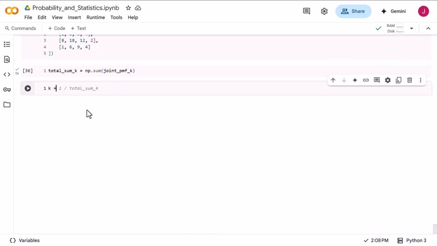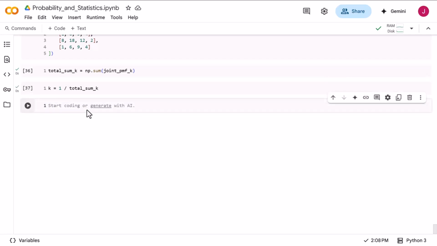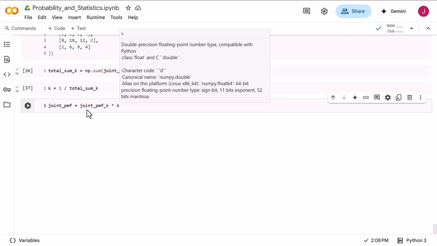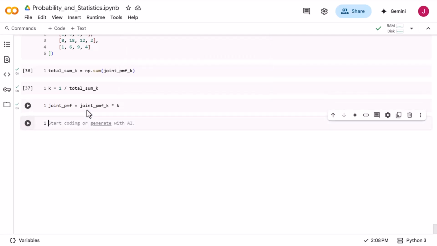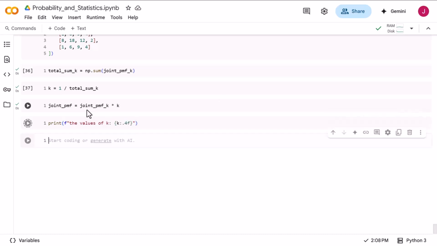Because our total probability is 1, the value of k is 1 by total_sum_k, right? And then joint_pmf is equal to joint_pmf_k multiplied by k, that is 1/80. So these are the values for the joint PMF. So we can print the value of k, which is